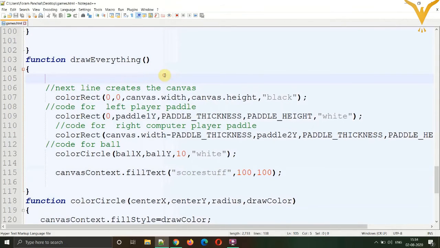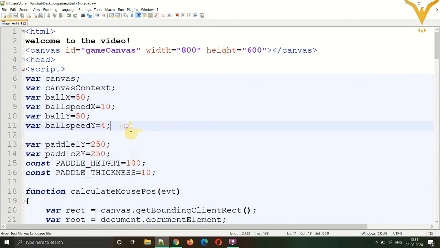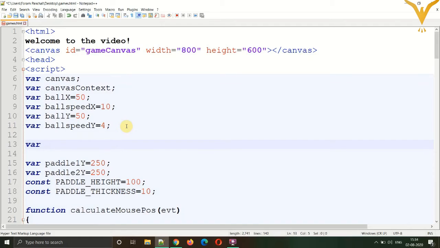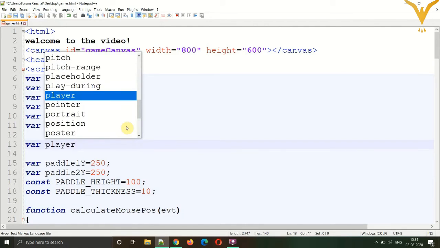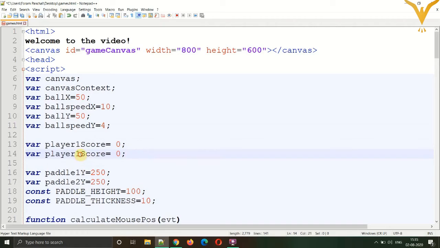So now for two scores for both the players, let's create two variables, the basic thing. Variable player 1 score, which will be of course 0 initially, and player 2 score which is also 0.